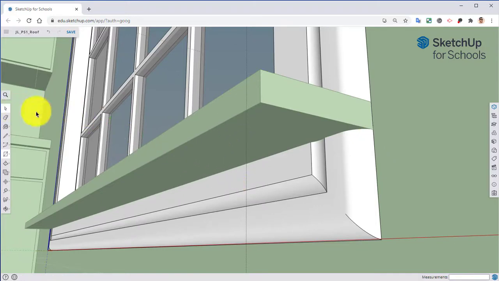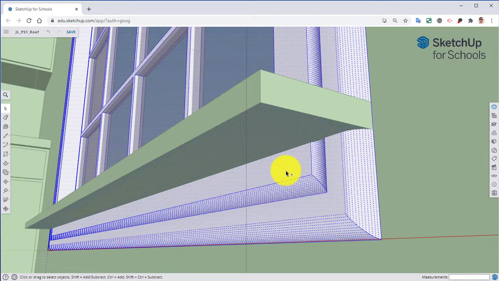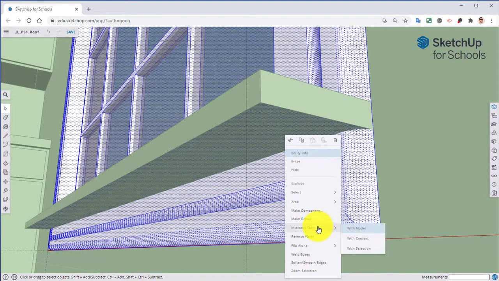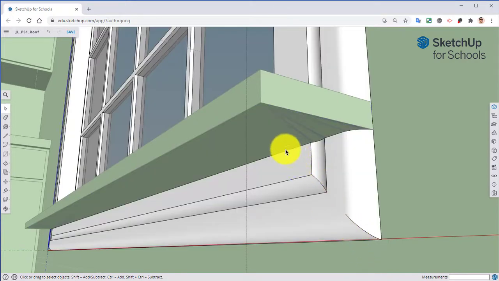We're then going to select that rectangle, hold down Shift and triple click on the window so that the entire window is selected. We're then going to right click on the window and go to Intersect Faces with Selection. What this is going to do is make this shape intersect with this shape, so that